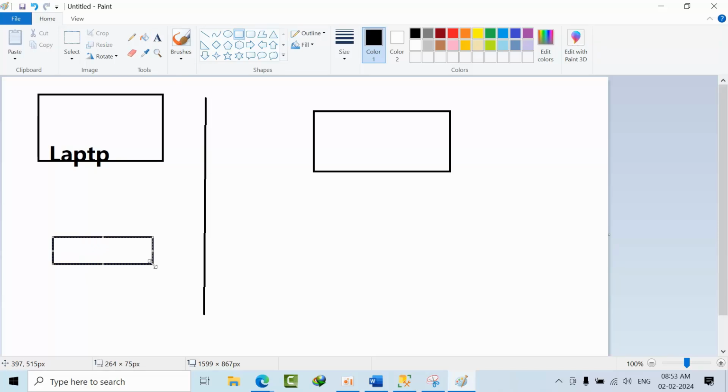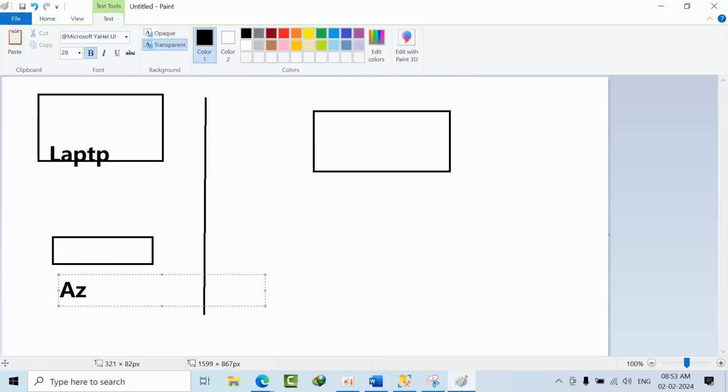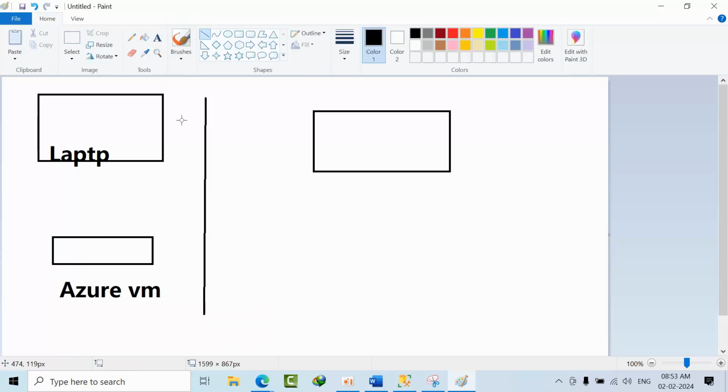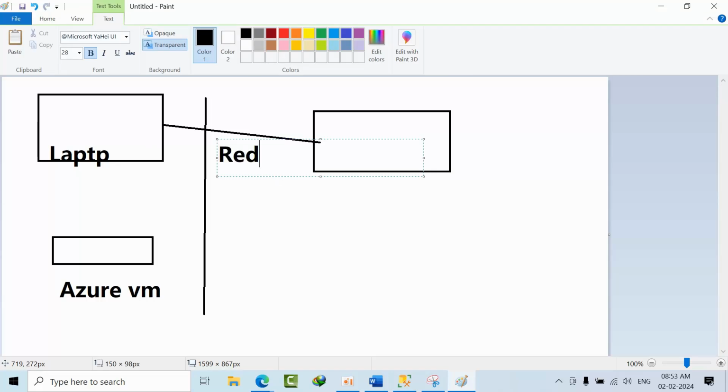This is an Azure virtual machine. Now, if you are trying to connect from non-Azure resources, like a laptop, which is our own thing, then each and every time it will use redirect only. If you select redirect, it will select proxy.